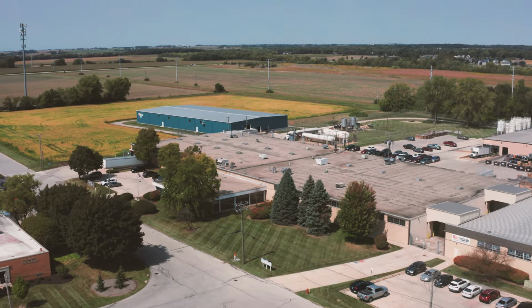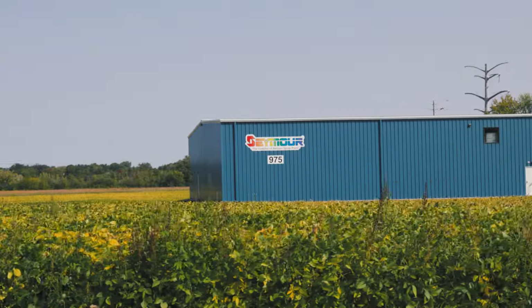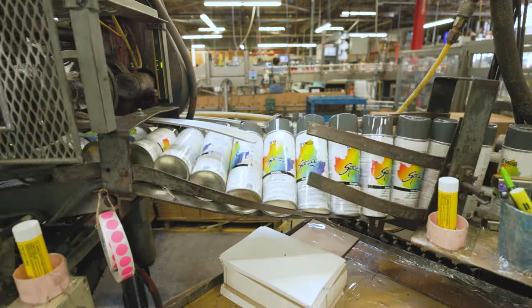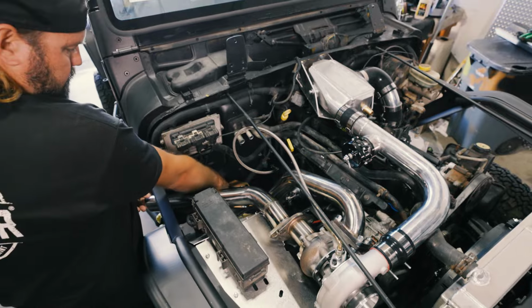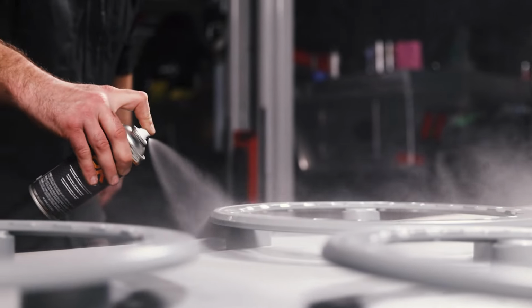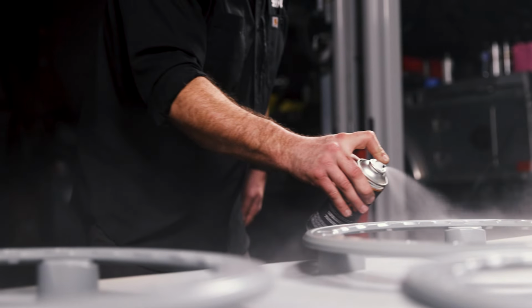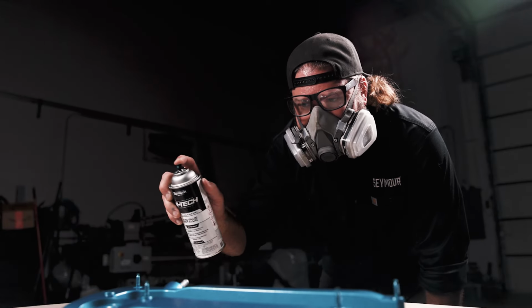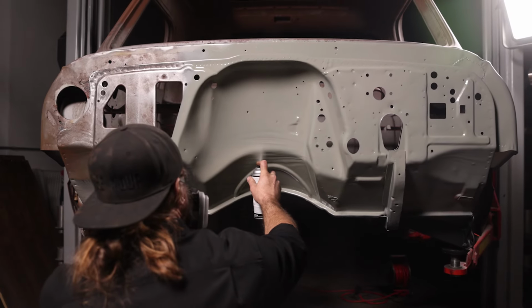In fact, we're proud to still be a family-owned and run company, and we're still making paints and coatings for pros and DIYers alike, from the baseball field to under the hood and everywhere in between. Seymour makes paint to keep us safe and enhance and enrich the world around us. We want you to have the tools you need to make your dream projects a reality, because your projects are